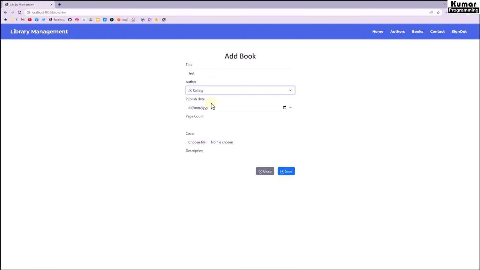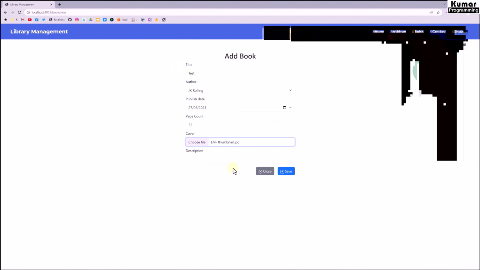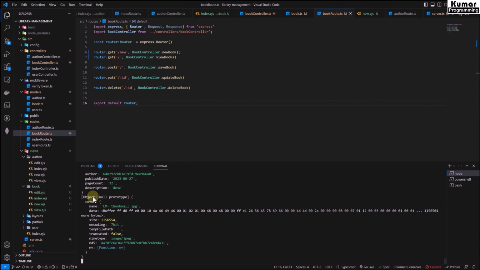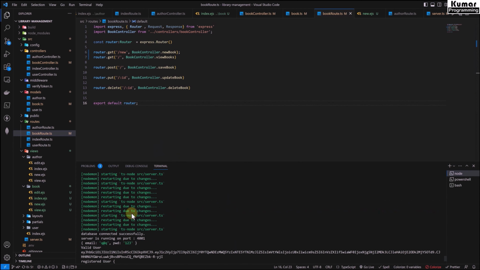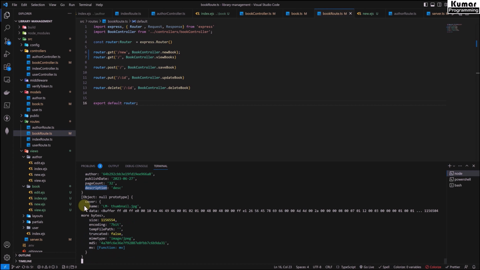Here I'm selecting one author, J.K. Rowling. Give the publish date, page count, and let's take one of my thumbnails here. Open, and now let's save it. Once we click on save, it's not going to save, but we are going to see the data. If you see here in the request body, we are getting the user information after login. So we are getting title, author, publish date, page count, description,